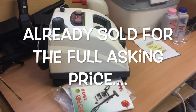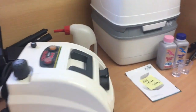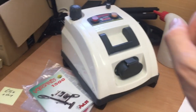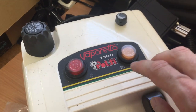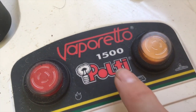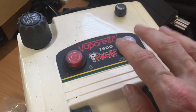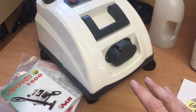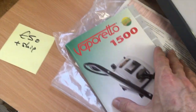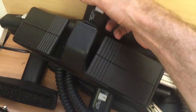So the last couple of items are here. We're going to end on the toilet. Yeah, this is nice. You may remember in a car boot video I picked up this, which is a Vaporetto 1500 by Pulte, an Italian make. It's a steam cleaner basically, and these are quite sought after. It's got all of its attachments,